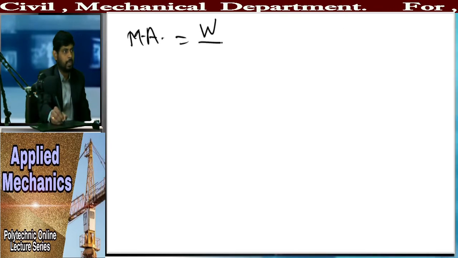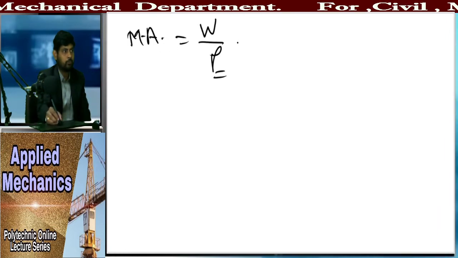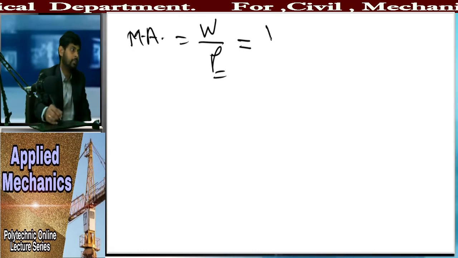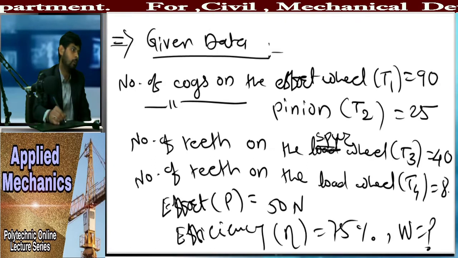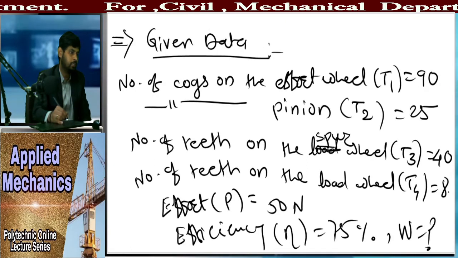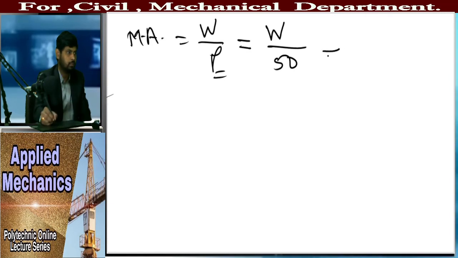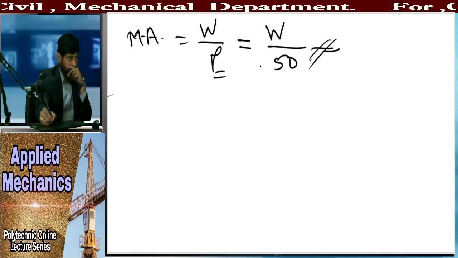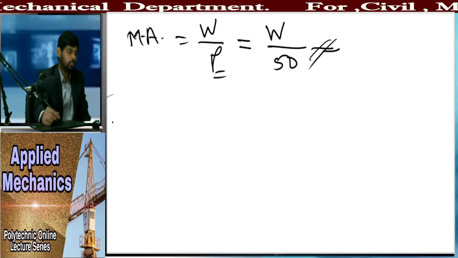Mechanical advantage is nothing but W upon P. We know the value of P, but we don't know the value of W. So write it in equation form: W upon the value of P, which is the effort of 50. So here 50, this is the equation, right? Once you have the equation for mechanical advantage and you know the value of velocity ratio,